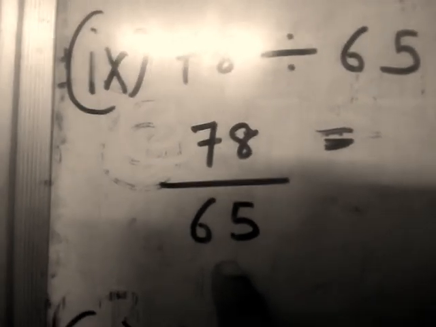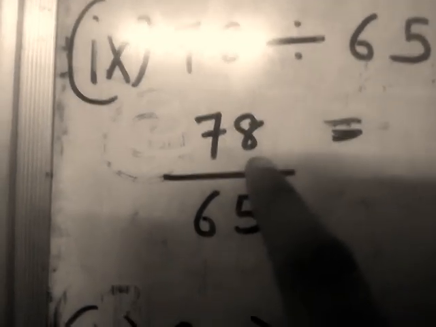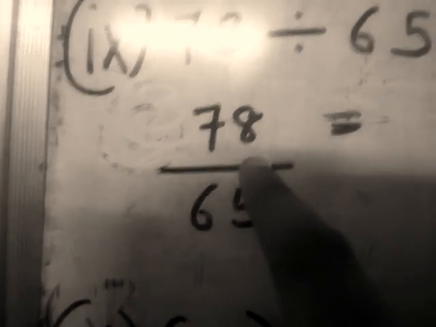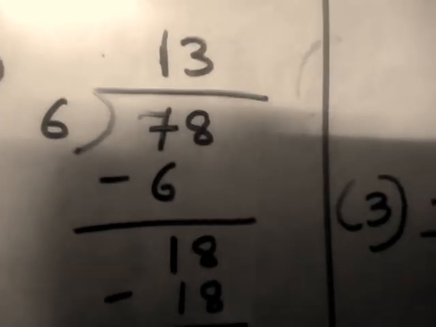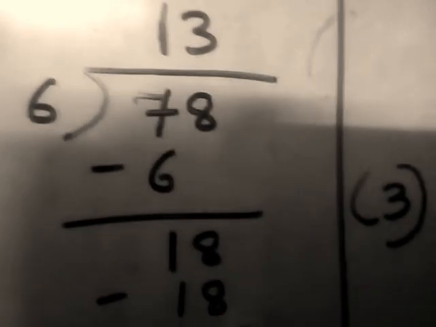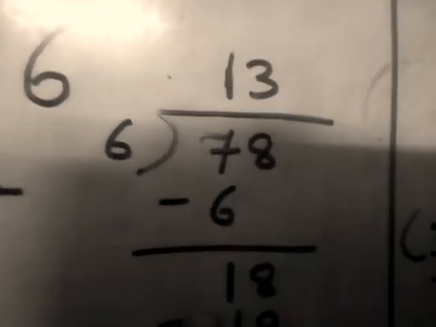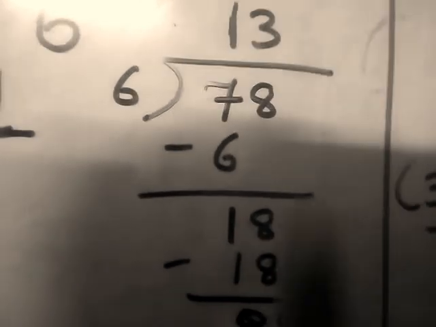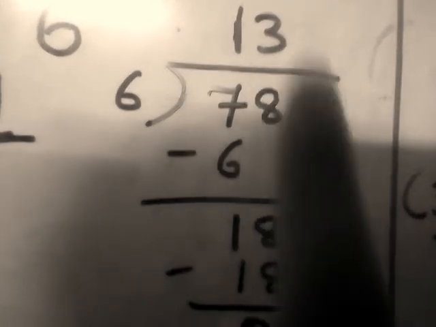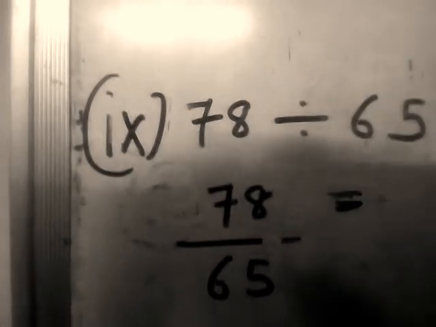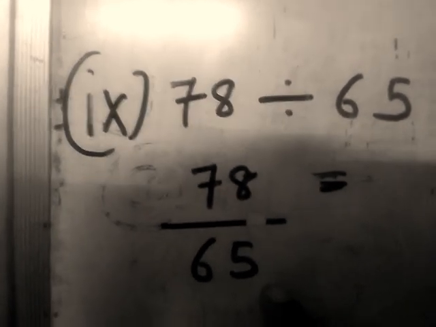If this number is divisible by 13, the number 78 will also be divisible by 13, because when you say the 13 table you will get the answer. You should know the 13 table. I have divided already over here. See, look here. 78 divided by 6 when you do, you will get the quotient 13. 78 divided by 6. 6 ones are 6. 7 minus 6 is 1. 8 you have to bring down. 6 3s are 18. So again you got quotient 13 over here. So both this numerator and denominator number are divisible by 13.